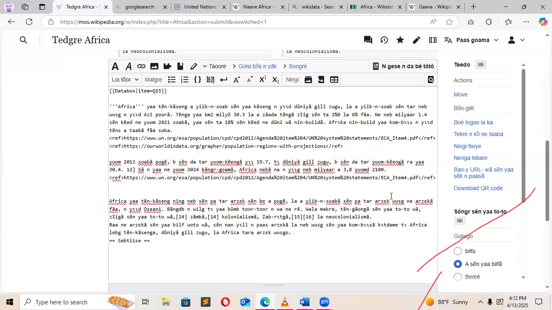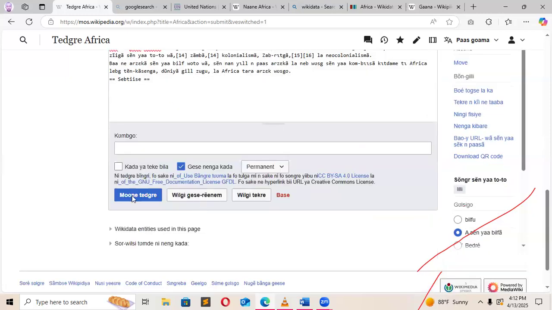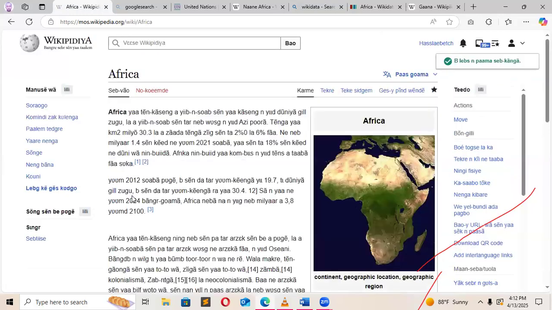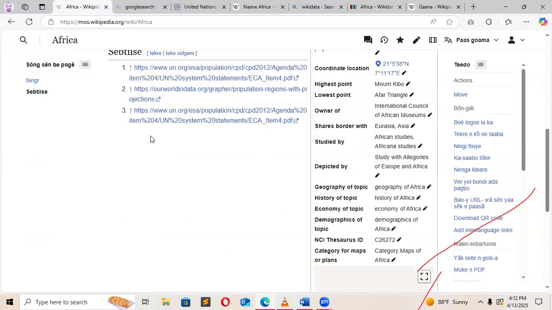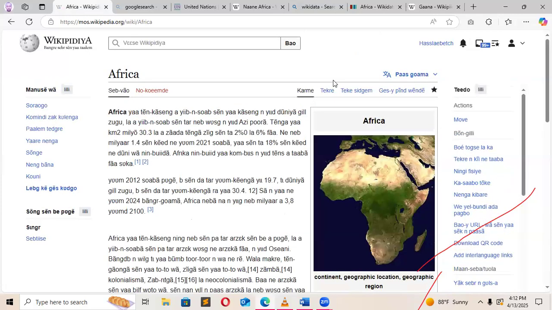So I'll publish. To add reference to this is a very long process, but hopefully in some few months they will add the site to us. You can see 3. I have references. So here you can see it's a 3. So that's how we add reference in our site here. Because Gruno own it, they came live so many months ago before we came live, and they were very active in it, and they were able to migrate them fully. Our own is not all that full, so we are still fusing in the incubator items inside our live site.